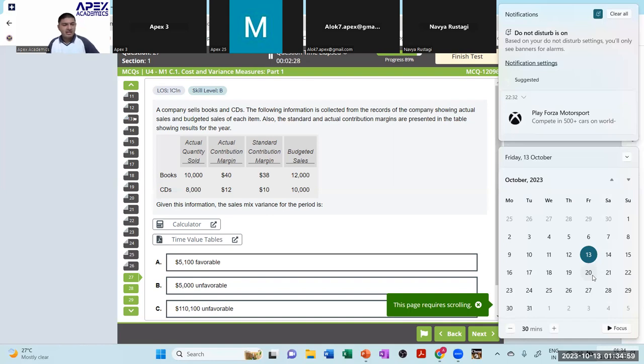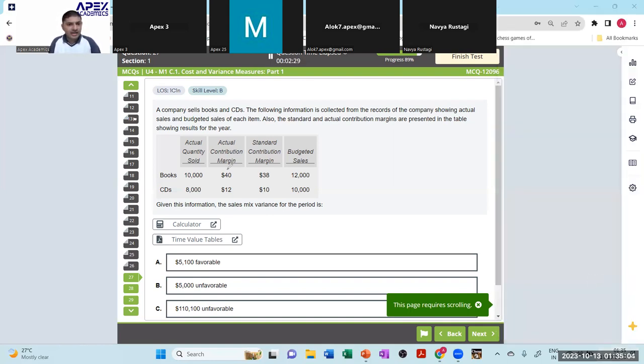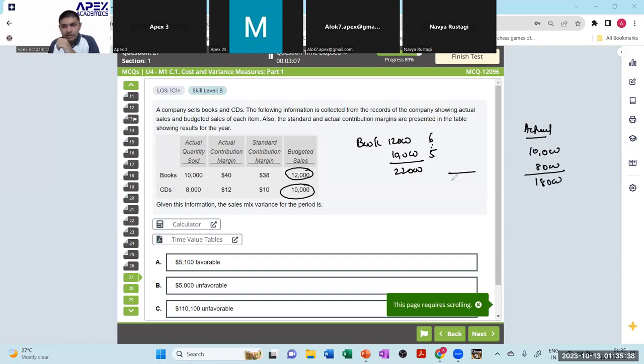ओके, बहुत सिंपल है। ये स्टैंडर्ड क्या है, बजटेड 12 एंड 10 है ना, बजटेड सेल्स। बुक्स कितने बजट किए आपने, 12 और ये 10, ऐसा करके 22 है। तो 12:10 मतलब 6:5 का रेशो आ गया। एक्चुअल में क्या किया आपने, एक्चुअल 10 एंड 8, 18,000, इधर 18 लेता हूँ। या तो आप ऐसे लो 12 डिवाइडेड बाय 22 परसेंटेज, तो ये 54.54% आएगा। बुक्स का 54.54, सीडी का 10 डिवाइडेड बाय 22 परसेंटेज, 45.45।